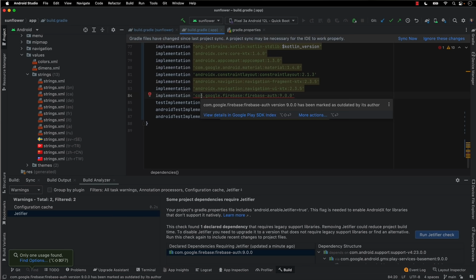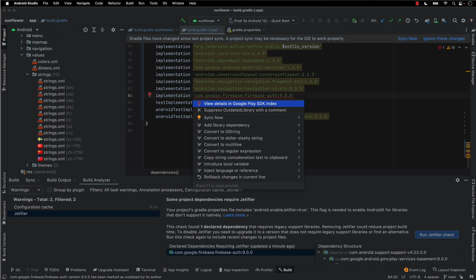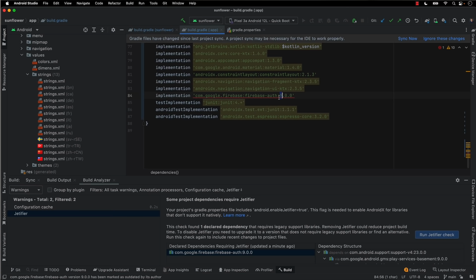As you can see from the quick fix, this is actually a lint check related to the new Google Play SDK index, which we're launching at I/O. We're working with SDK publishers such that we can flag versions of libraries you're using that may have safety or reliability problems. And with the Studio integration, you find out about these issues as early as possible, not just when you go to publish the APK. And here I'm lucky because there's a newer version available, so I'll just switch to 21. And let's try the Jetifier check again.